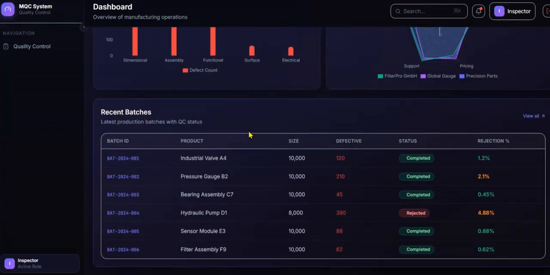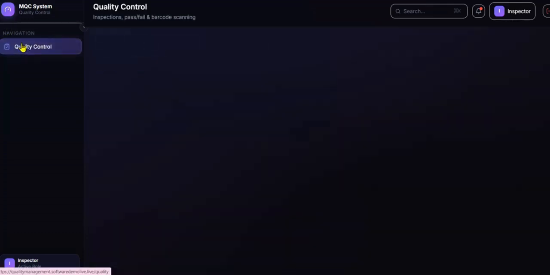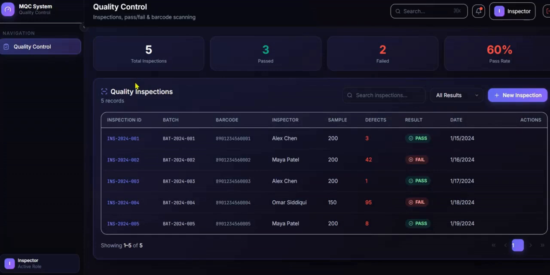The Quality Assurance and Compliance Management System provides a complete solution for quality control, compliance management, production monitoring, supplier evaluation, defect tracking,